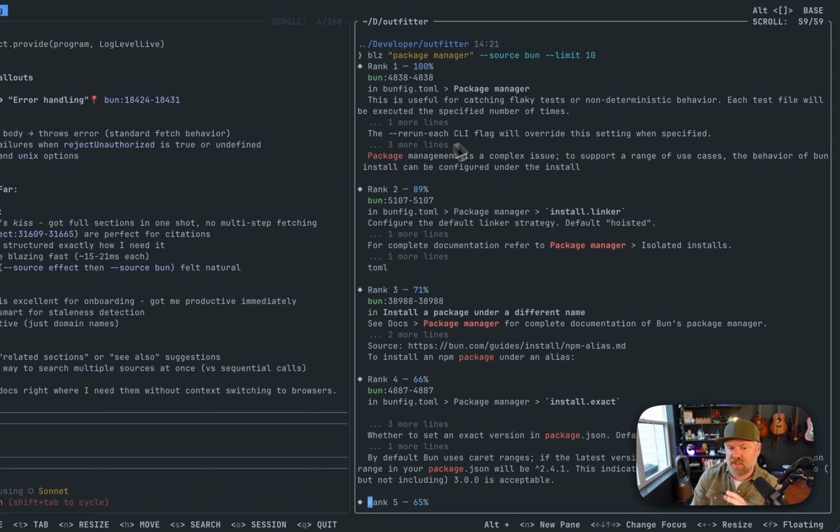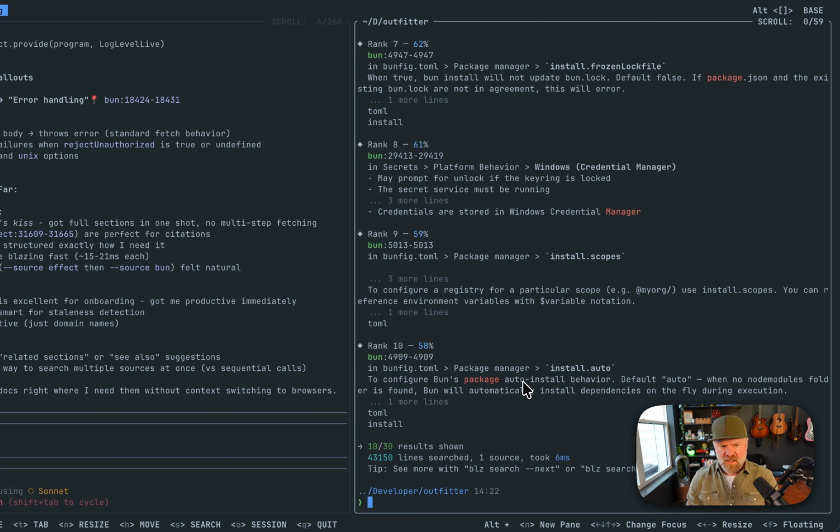So we're seeing a little snippet, and it found that right here. And this little ranking here would be like when these things are indexed and your search is applied. It's also figuring out how likely it is to hit what it is that you're looking for. So it's giving it a score, if you will. So here we have those 10. If we were to try to just search BLZ package manager and not include any source, meaning for all of